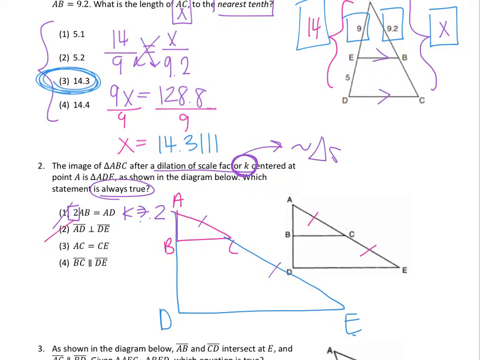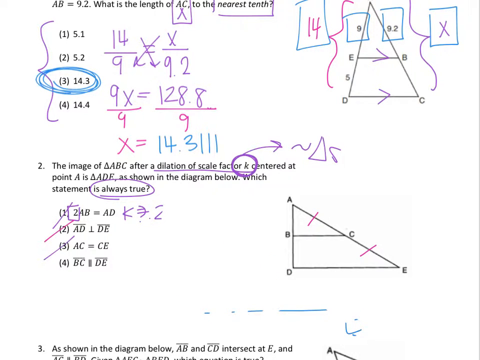CE looks much larger than AC, which means that choice 3 is not always true. It could be, but not always. So then our last option is BC parallel to DE. Now, of course, we're hoping so at this point because we've run out of options, but it is true because